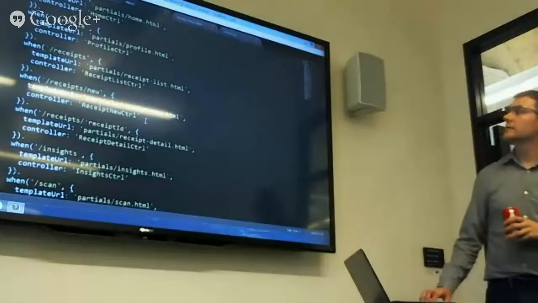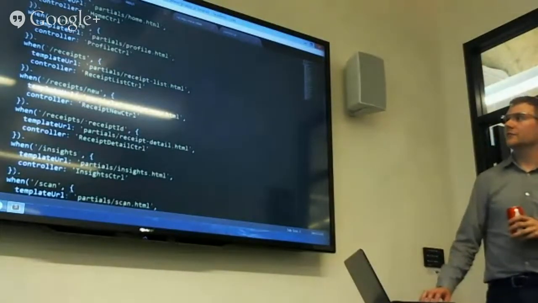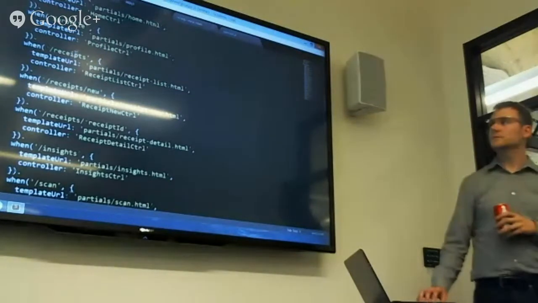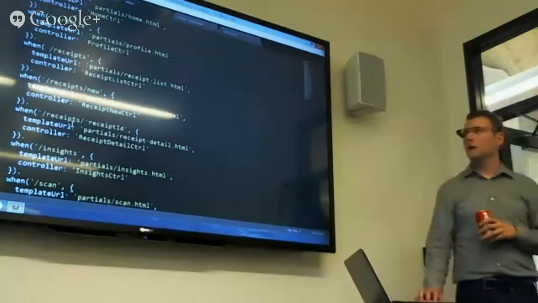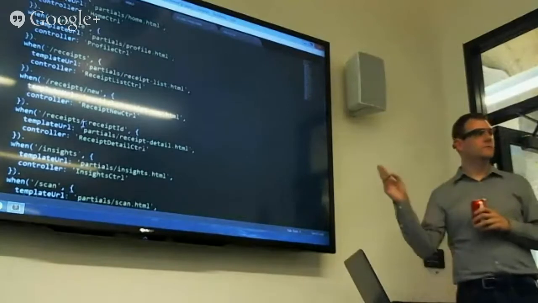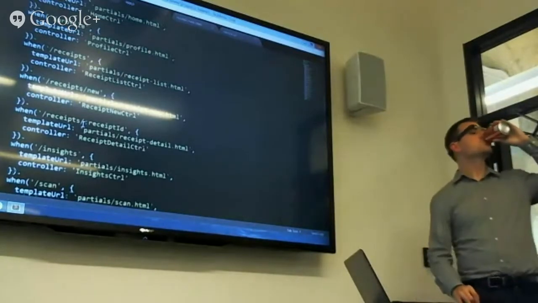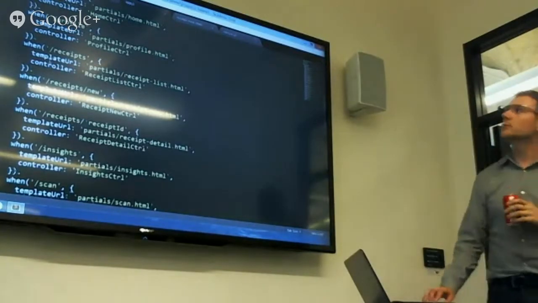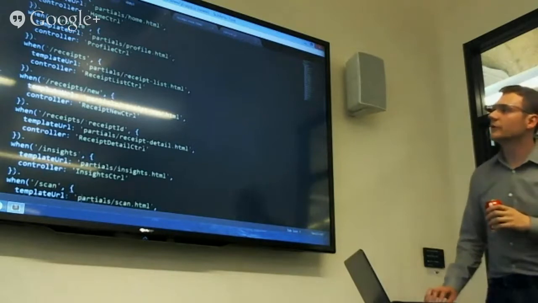So that's my app. Pretty simple. I have screens like receipts, receipts new, then receipts receipt ID. You said you have different navigation. This is just a button, right? Yeah. So what I do is, if I pull up my index.html file here,